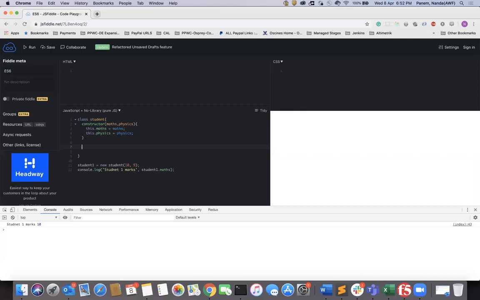I'm going to create a total equal to, okay, here these are the arrow function parameters.